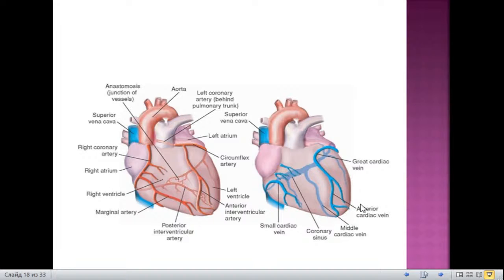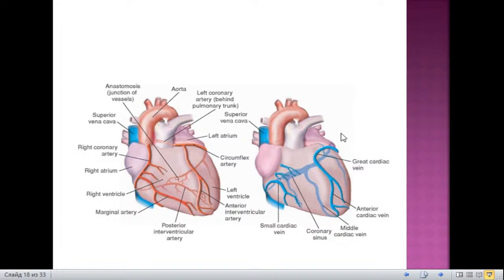What are these veins? We divide all of the cardiac veins into the next groups. So great veins, after that anterior veins, and